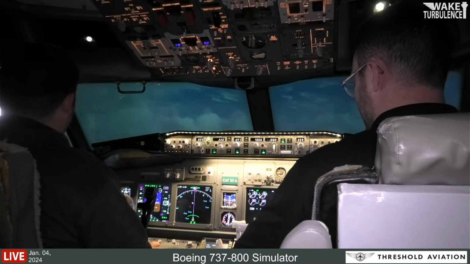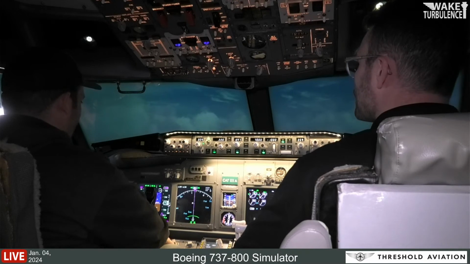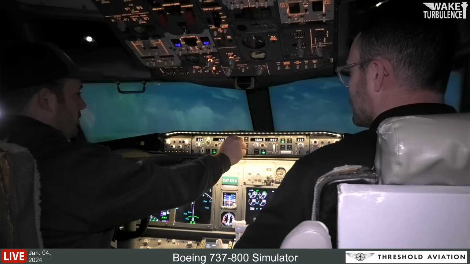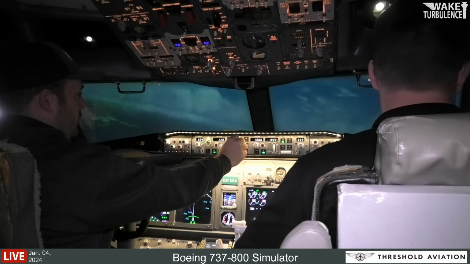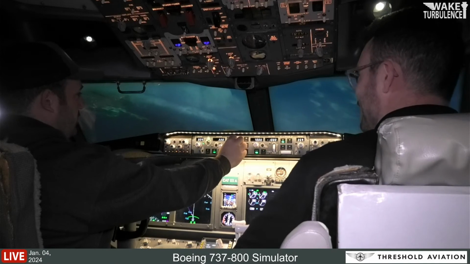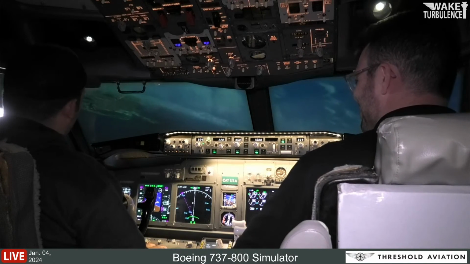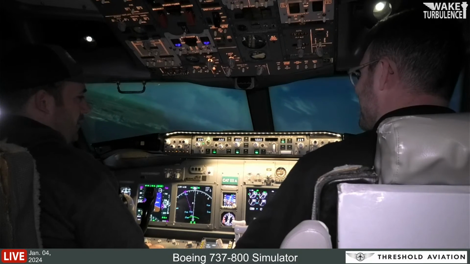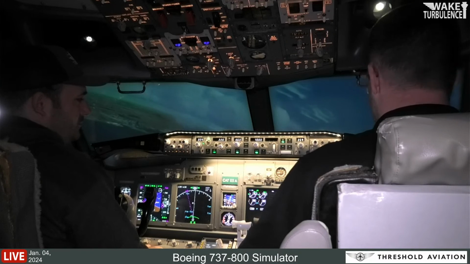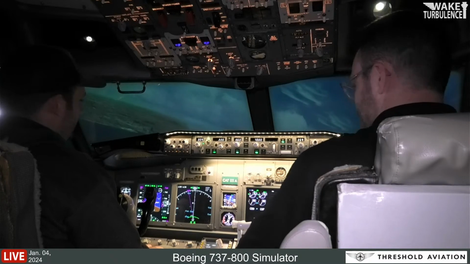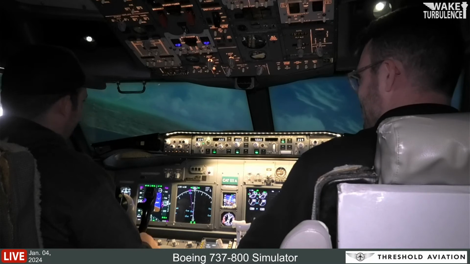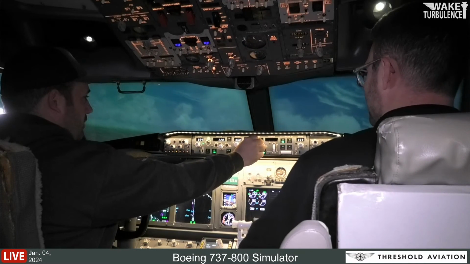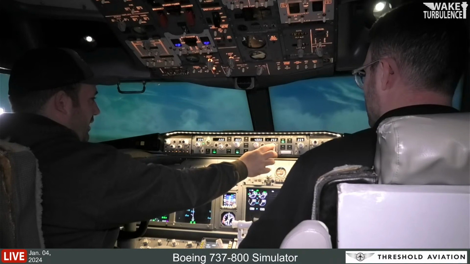Now let's change our heading so we can get maybe to see downtown. You want to go 060? Yeah. It's a way nicer bank than I would have done. Manual's hard. So downtown is coming out the front window, and maybe we'll descend a little bit more. Yeah. Send it. 4,000? How low do you want? Can we do 4,000? Yeah, you can. So if I did this to 4,000, you'll have to change vertical speed, and then vertical speed 1,000.